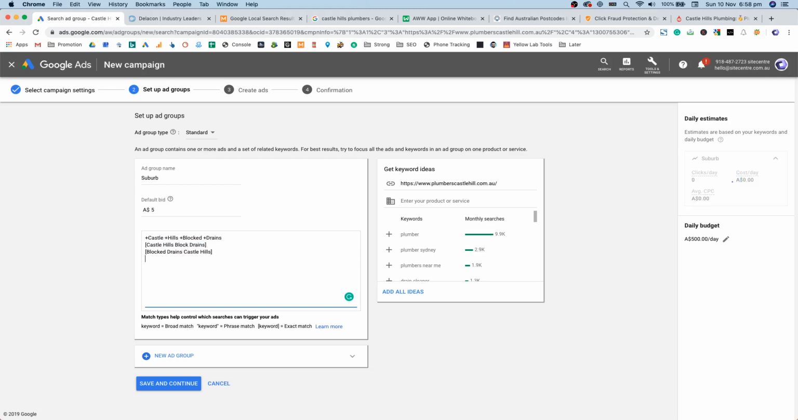Now, the last type of keyword is the phrase match, which is done in quotes. So Castle Hills block drains. So this will be any order of any of these keywords, plurals, except it doesn't have to have each word. We can cut this word, as long as it's in the target area. So typically you'll have Castle Hills. It's very topical, but this will pick up the majority of the keywords here